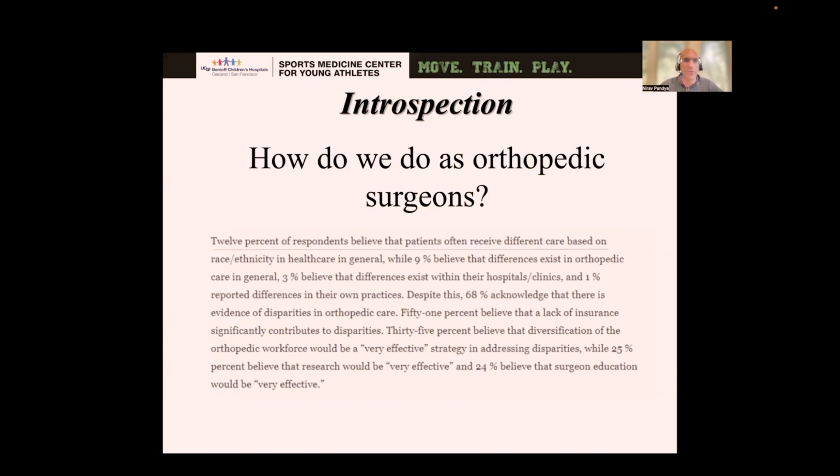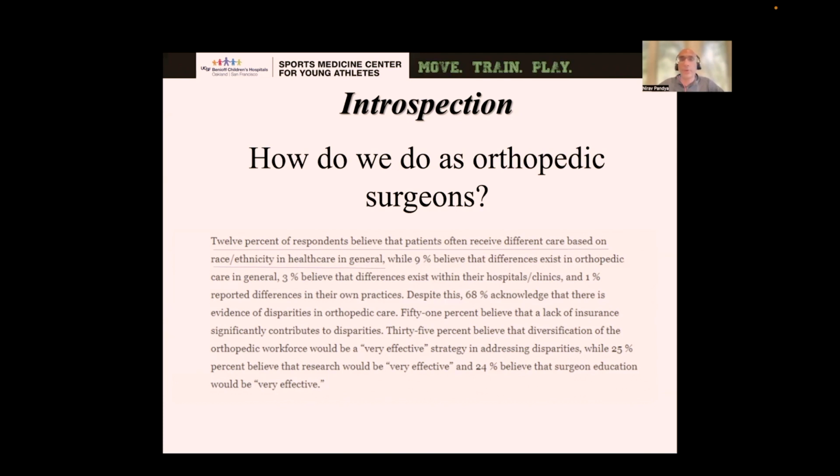Now, if you look at this study, probably one of the most striking things that came out was that only 12% of respondents believe that patients often receive different care based on race, ethnicity, healthcare in general. Well, 9% believe that differences exist in orthopedic care in general. Very few of them actually thought that it existed in their clinic, and it was another problem. The fact that 12% of orthopedic surgeons thought this was actually an issue is really, really problematic and eye-opening for